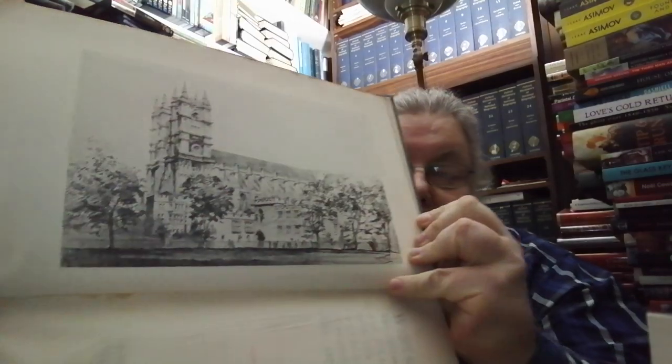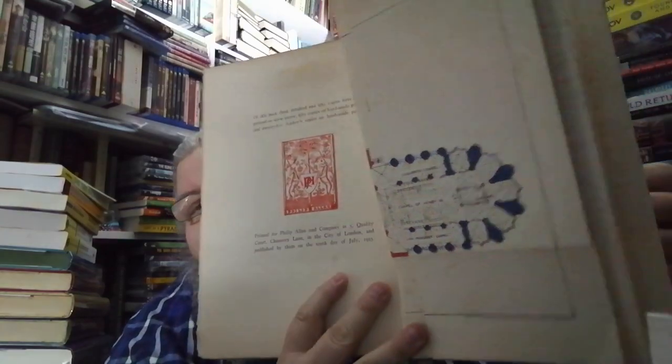While I'm here with this volume, I'll show the nice drawing of the frontispiece of the church. And on the second volume in the back, it's got the limitation here. It says, of this book, 350 copies have been printed on wove paper, 50 copies on handmade paper, and 25 author copies on handmade paper. Printed for Philip Allen and Company at 5 Quality Court, Chancery Lane, in the City of London, and published by them on the 10th day of July 1923. And you can see their emblem, and nicely in here too there's a nice